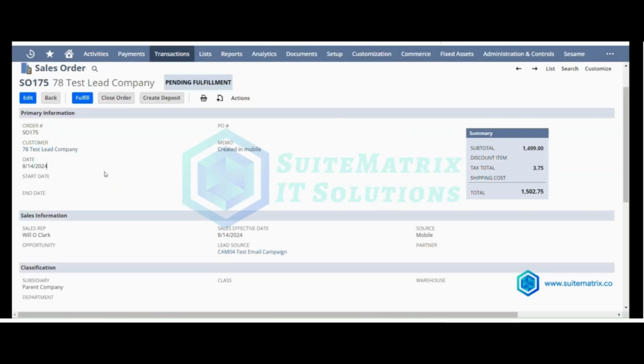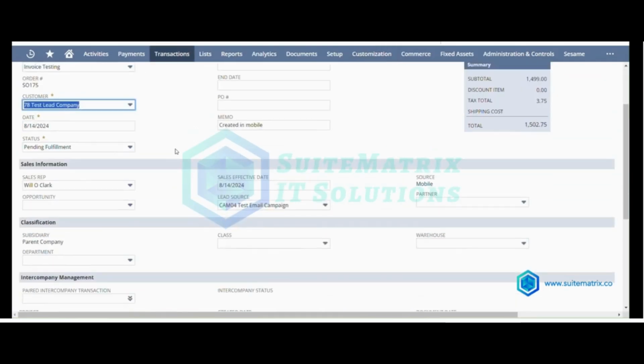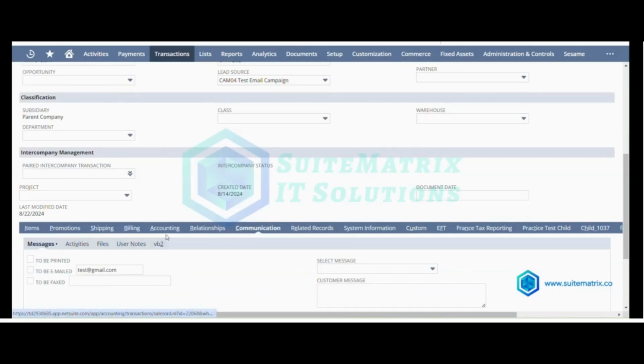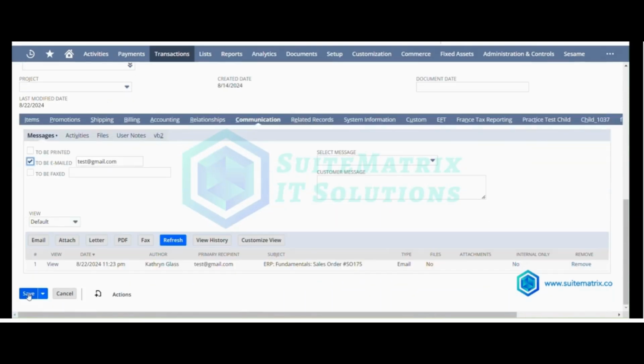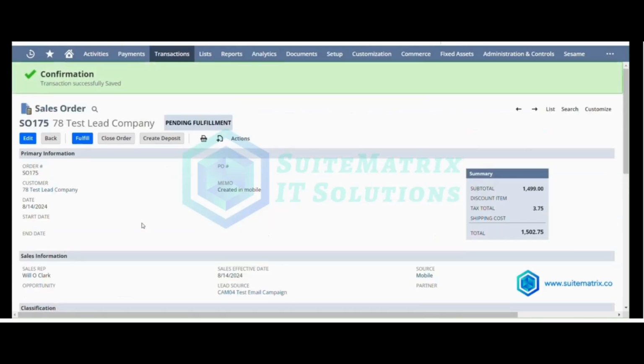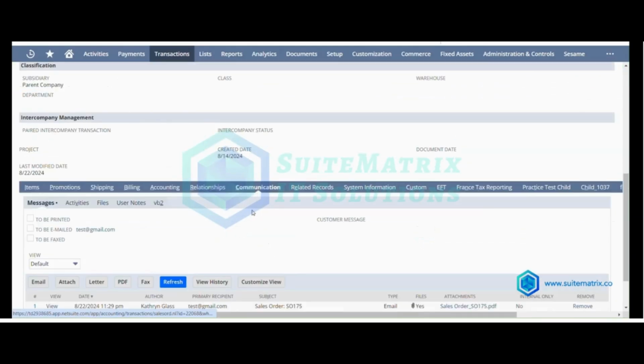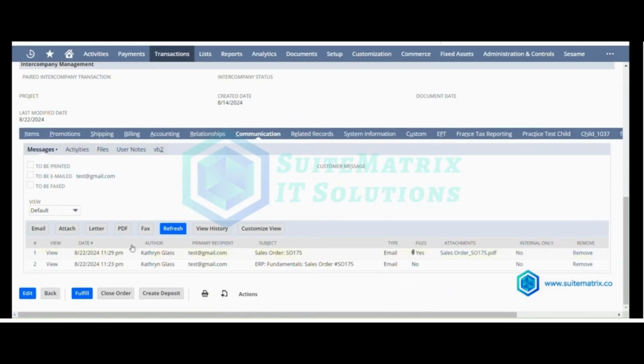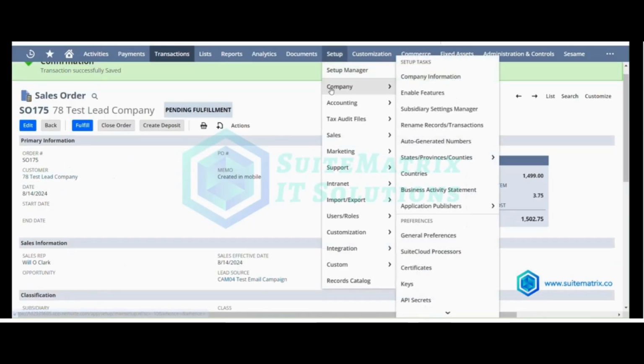In the Sales Order window, click on Edit, scroll down to the Communication subtab, select the To be emailed checkbox, and then save the order. After saving, we'll see a confirmation on the Sales Order window page. Now go to the Communication subtab to view the updates. Now navigate to Setup, Company,